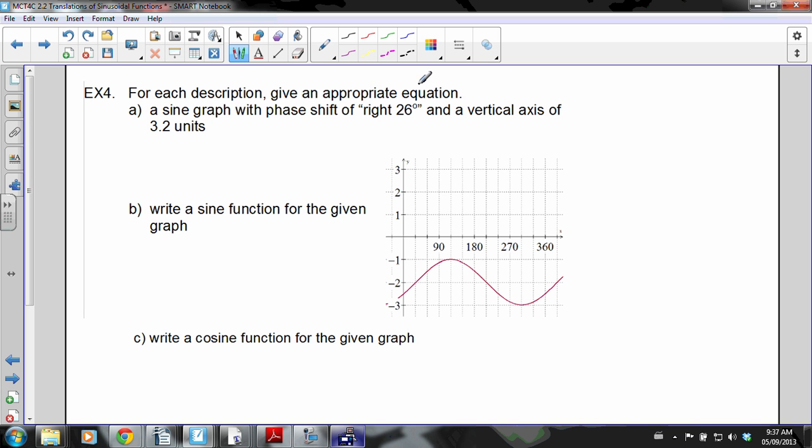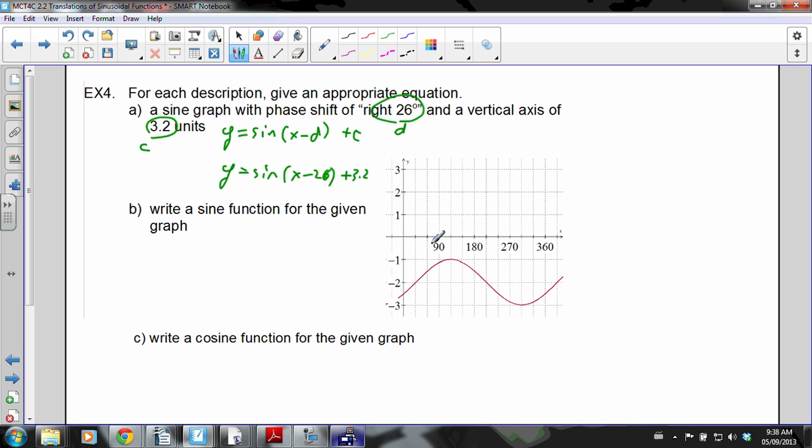For each description, give an appropriate equation. A sine graph with a phase shift of right 26 and a vertical axis of 3.2 units. So it's a sine graph. So essentially there's the general way. And we know that this has been moved right D and up C. So this gives me this right 26, that's D, and vertical axis of that's C. And you see, when these numbers aren't nice numbers, that's when we're starting to talk about applications, maybe,